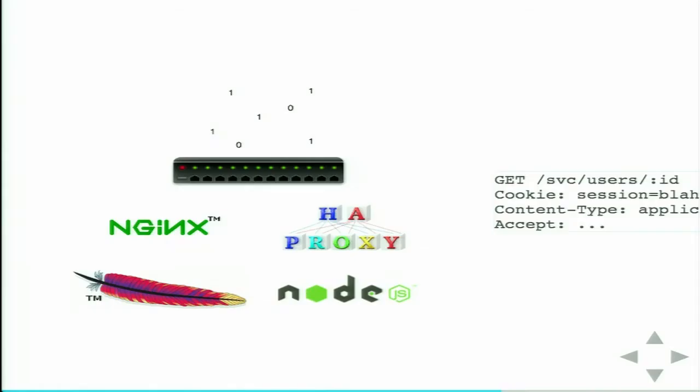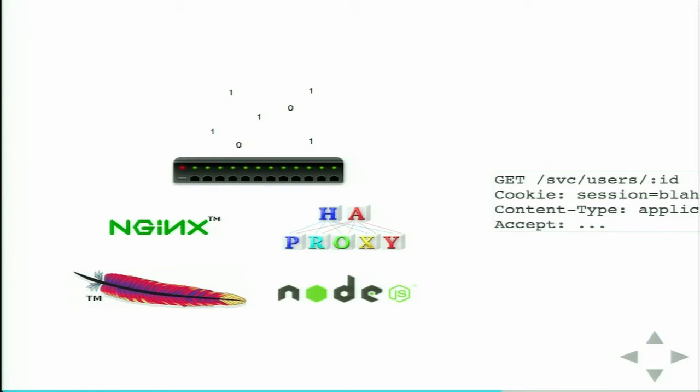This could be a router, it could be the application web server itself. From our point of view, it's going to be an Nginx load balancer which unwraps these headers. As you can see here, you have a GET request with some cookies and a content type, and it may accept various things. So these are an example of applications which can handle an HTTP request and do something with it and route it somewhere else. Even good old Apache, the feather sitting there, can route requests for you. I wouldn't do it with Apache, but it can do.